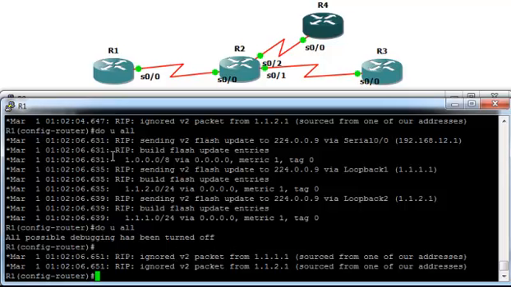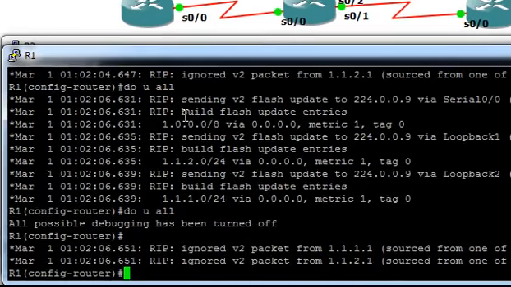You see, some debug for RIP is running behind. I just stopped it, but if you see, it is sending a build update for 1.0.0.0 and 1.1.2.0, 1.1.1.0/24, but I didn't enable 1.1.2.0/24. If you see,